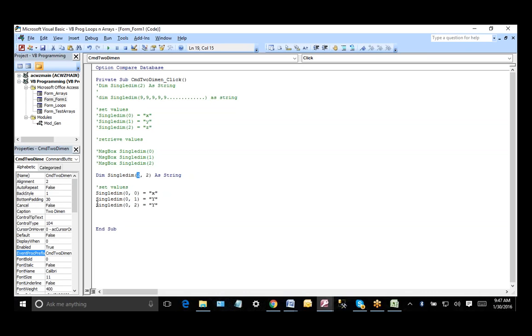Next we'll take 1. This is 1, comma 0, 1, comma 1, 1, comma 2. And here let us have double to differentiate the values. And the third place we'll use